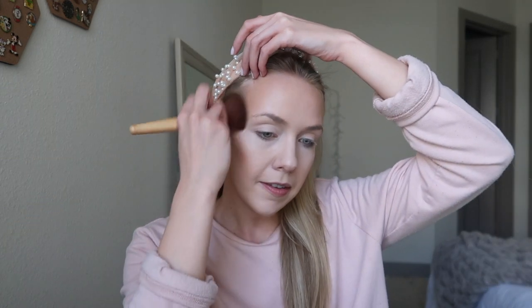I've had this bronzer for like 5 or 6 months and it's still barely used. It's so crazy, it lasts forever. Just kind of getting the apples of my cheeks right there, a little bit more of a glow into that